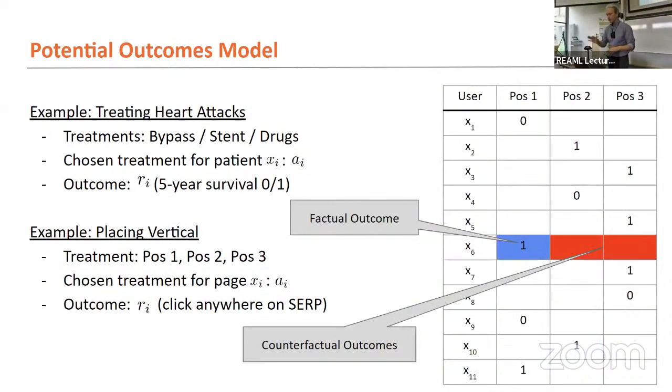So what's the difficult part here? The difficult part is that I only observe the factual outcome. I only observe the reward for the action that I've actually taken in the past. I do not see the counterfactual outcomes, all the other actions that I could have taken. And now if I want to evaluate a different policy, one that takes different actions, it would have maybe done position 2 for this problem. I'm missing the data, right? What am I supposed to do?